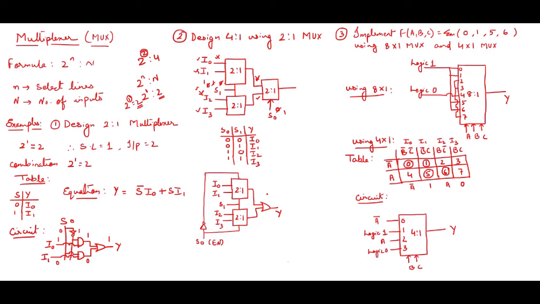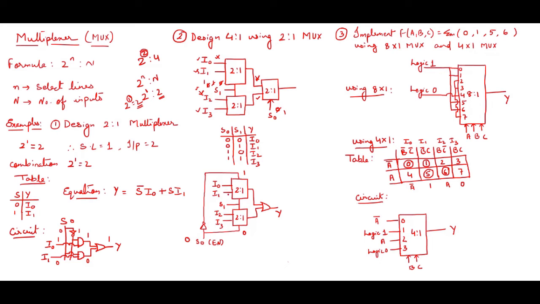Now over here what I have done, I have taken a new concept where S0 I have taken as a name called enable, an enable pin. And I have given this enable connection over here as well as over here. Now let's say S0 is 0, so what will happen? This becomes 1, right? Because this NOT gate is given, so this becomes active and this becomes inactive, right? This becomes 0, inactive.